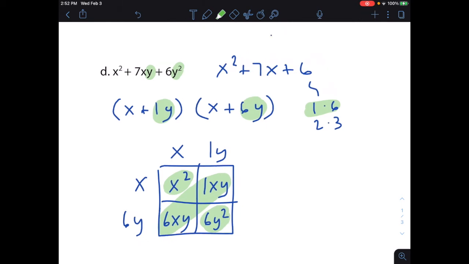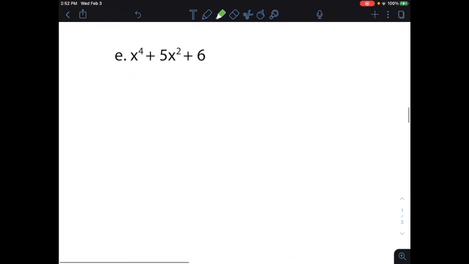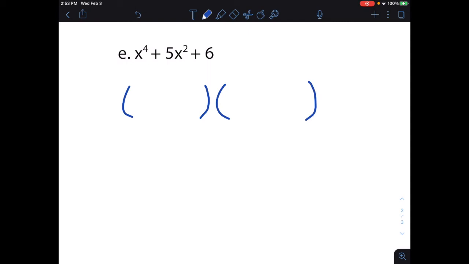Okay, so that's one kind of special circumstance that you're going to run into. Another special circumstance, and I kind of mentioned this earlier in the video, the idea of having even numbered exponents on the x term in the beginning. You can factor anything that has an even numbered exponent for the first term. If it has an odd exponent, it's not going to work. The thing to remember is, just like with x squared, we would put an x and an x in the beginning of the